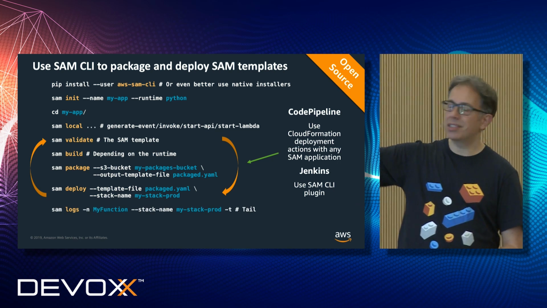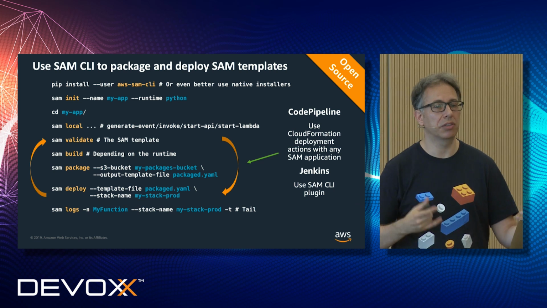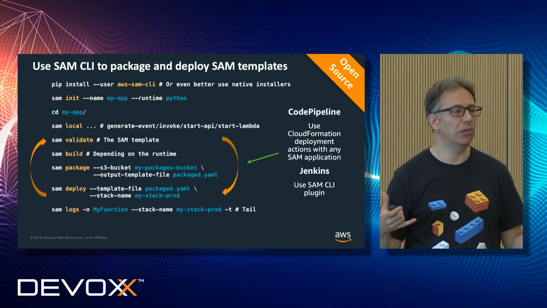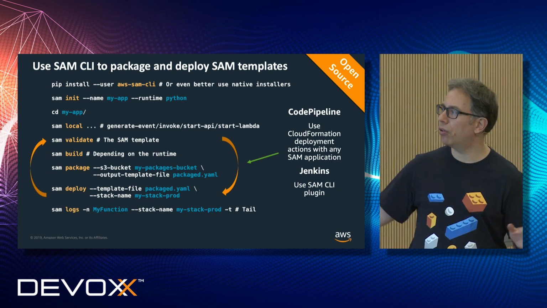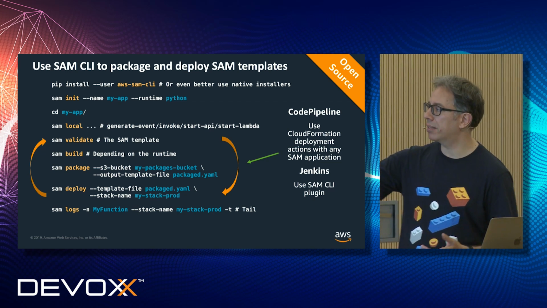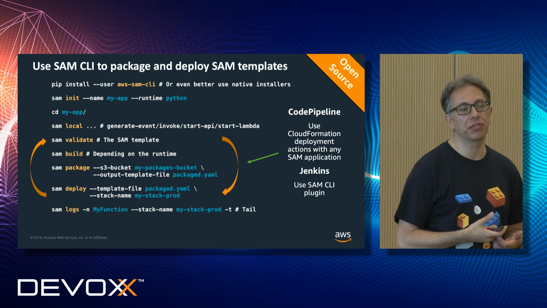And when the function is deployed in the cloud, you can also get the logs locally. So when a Lambda function is executed in the cloud, it is what is normally called a headless environment. There is no possibility to log in on the server. So all logs are collected by us into a platform that is called CloudWatch Logs. But you can use, if you want, this quick command sam logs to get the logs of your function.